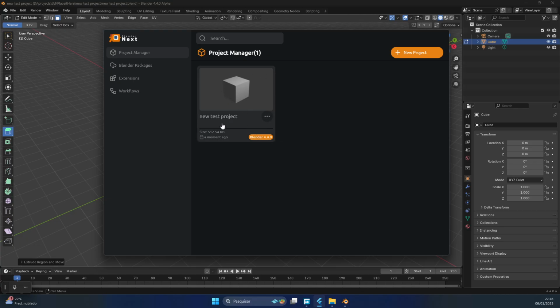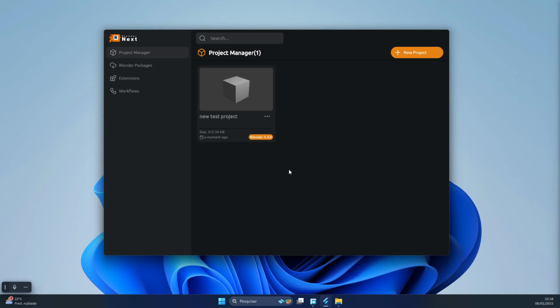thumbnail, right? So it will automatically try to load the thumbnail. But if it doesn't load, this is because Blender is still running. So you could just close your Blender, and this will automatically update the thumbnail for you. So as you can see, it synced, and